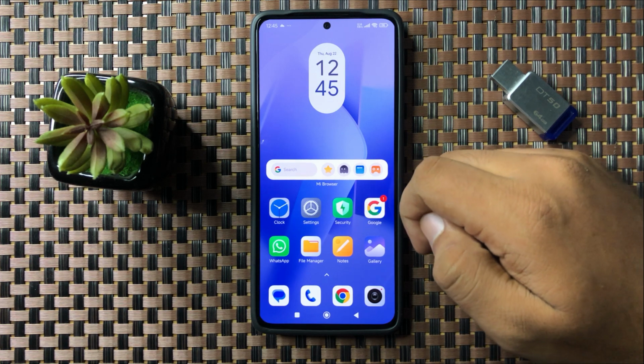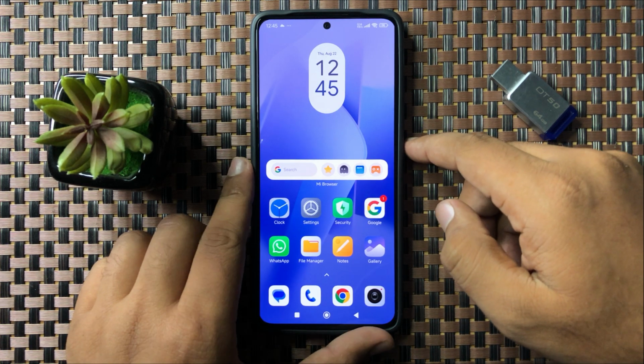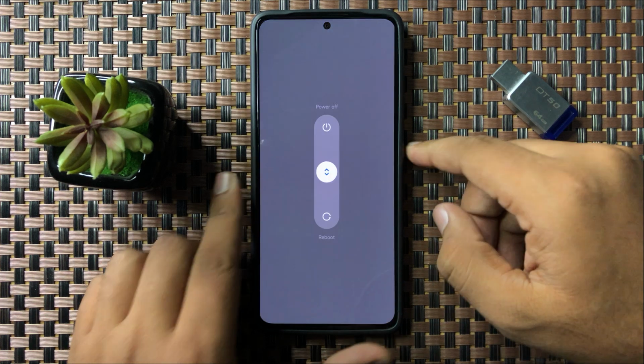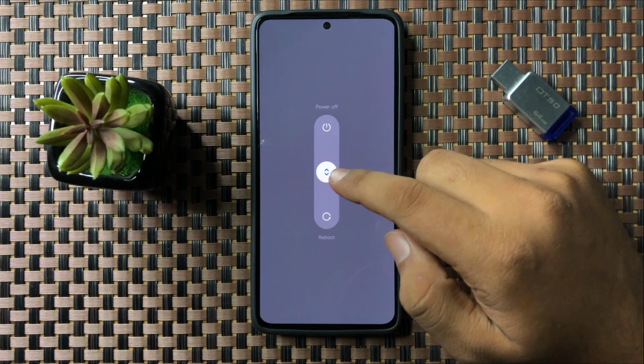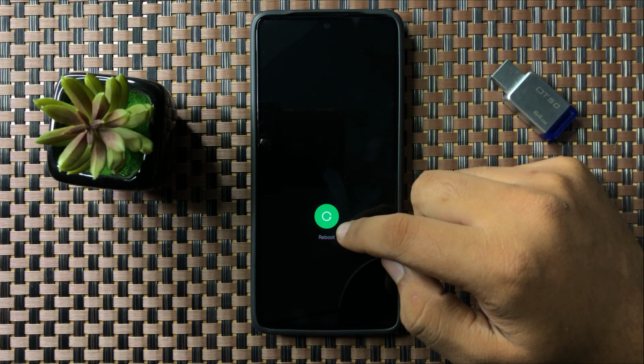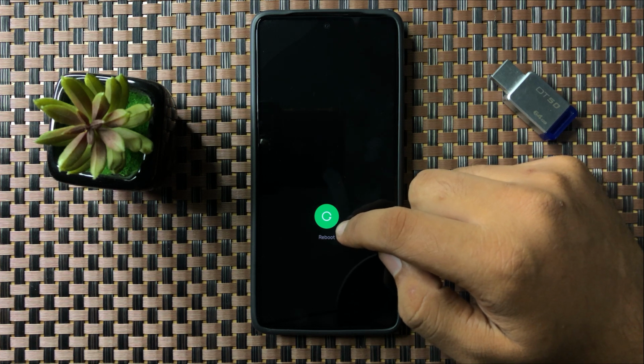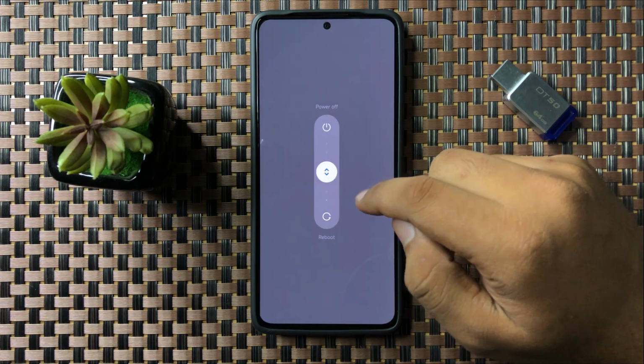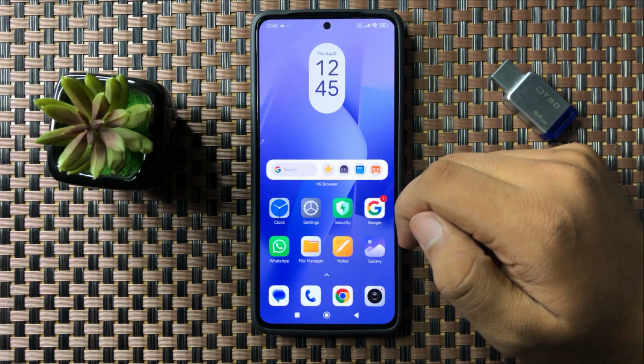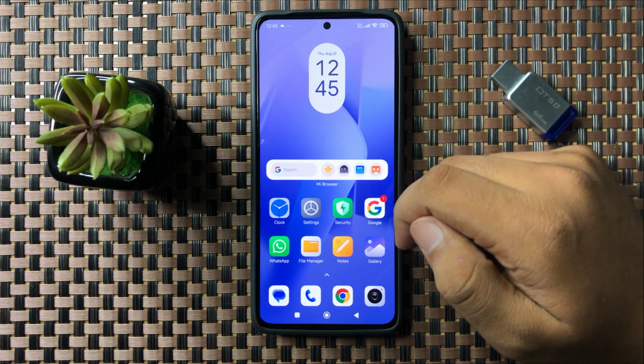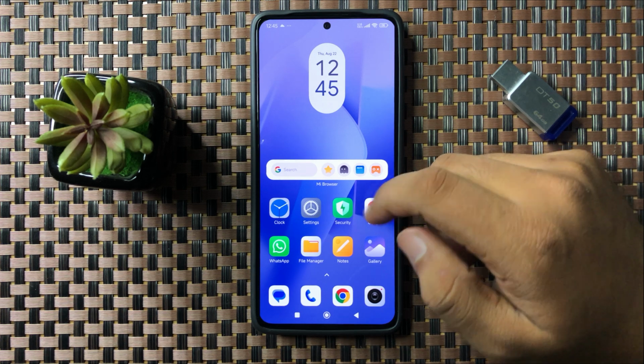try restarting your phone. So to restart, press and hold on the power button. Now swipe down this white circle, and when the circle gets green, then you can lift up your finger from the screen to restart your phone. Now after restarting your phone, your issue will be fixed, but if you are still facing the issue, then open